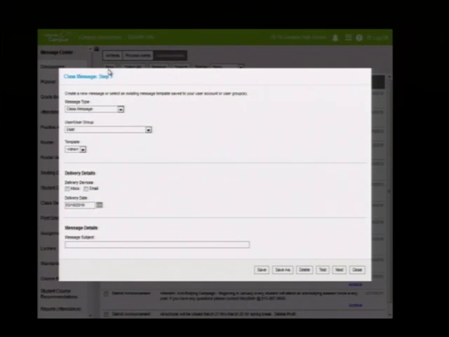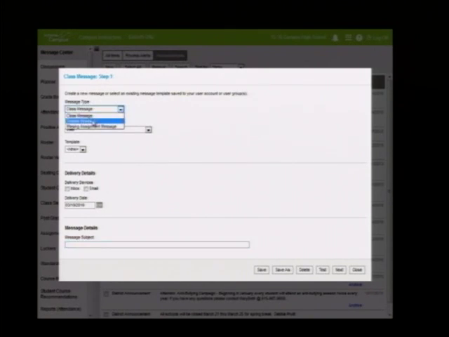Okay, if they're in the system already, I can go here and print do a class message, and using the system, because it is linked to your server here, we'll do a class message. We go down here, and I can just type in the message and then the body of what I'm sending out.